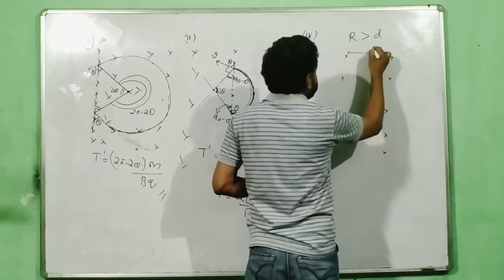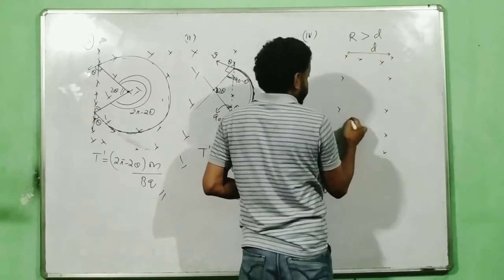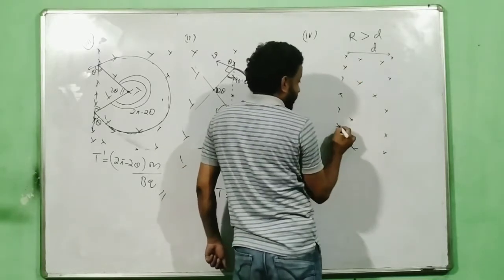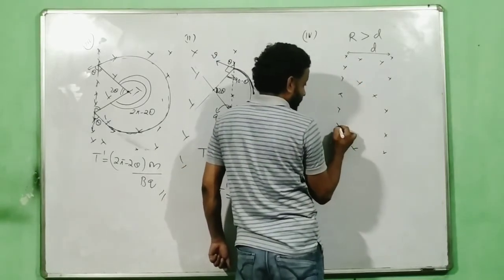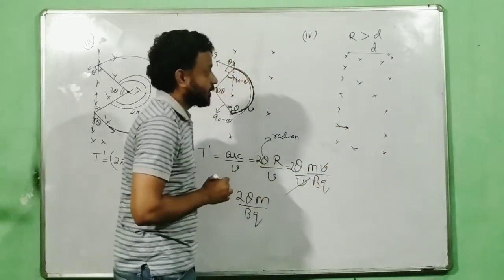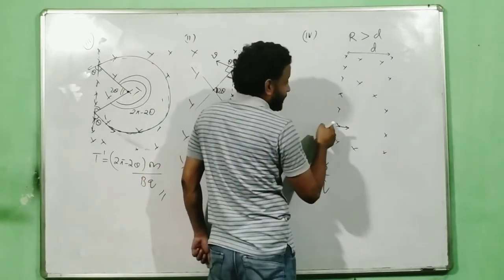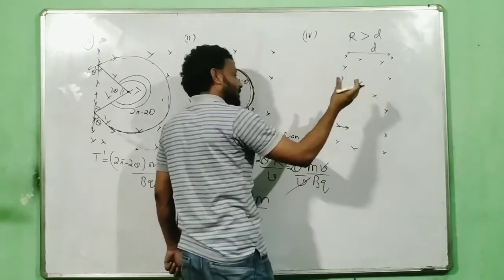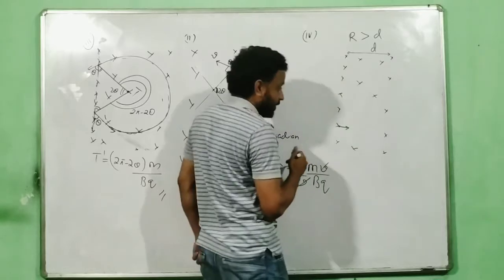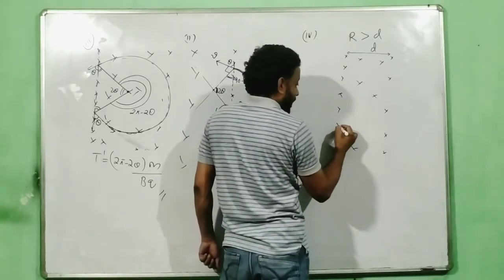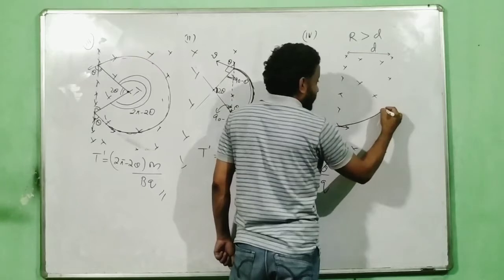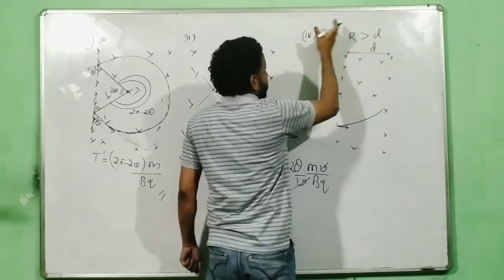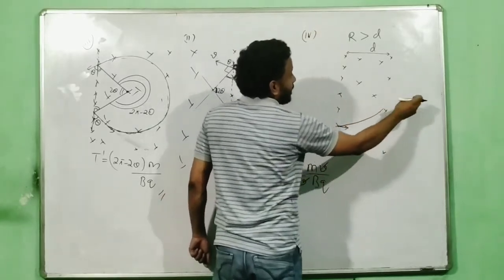It means this magnetic field is over a region of d. And now I am projecting a charge from here, velocity v. Okay? Because of this velocity, by the time it completes the circle, magnetic field is not enough for that. Okay? So what happens? It will go up and will come out like this. So if there would have been a magnetic field over here, it would have gone like this, made a circle. Magnetic field over here, complete the circle. But now, no magnetic field.